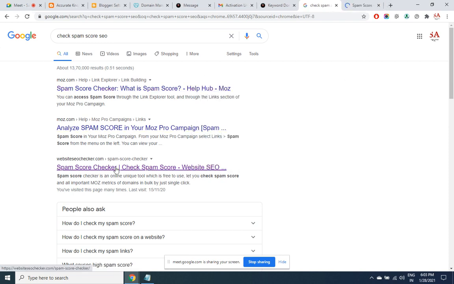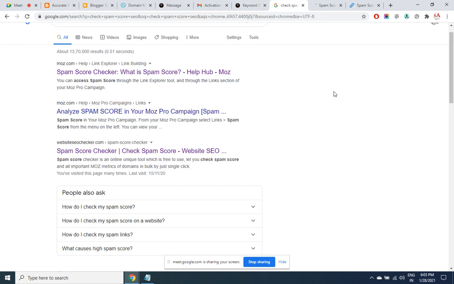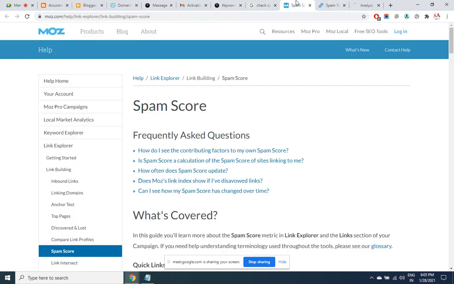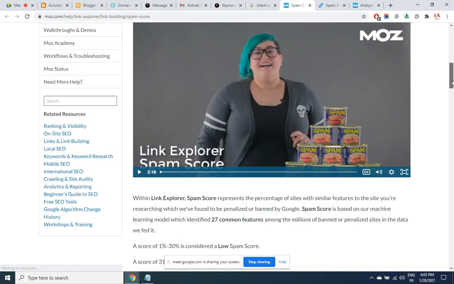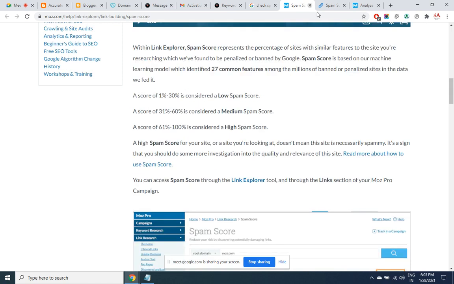Try checking in 2-3 sites to be doubly sure that the site does not have any danger. One to 30% is considered a low spam score.